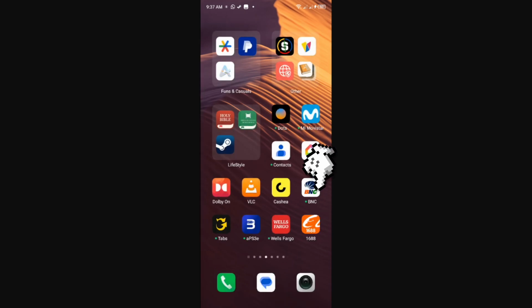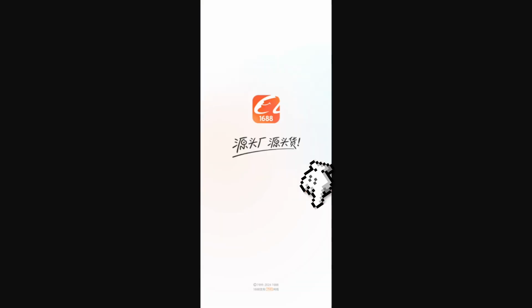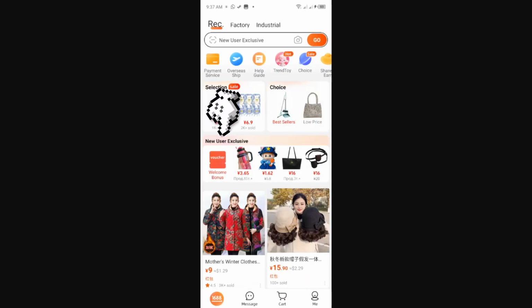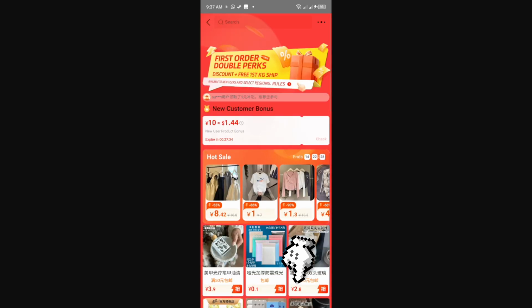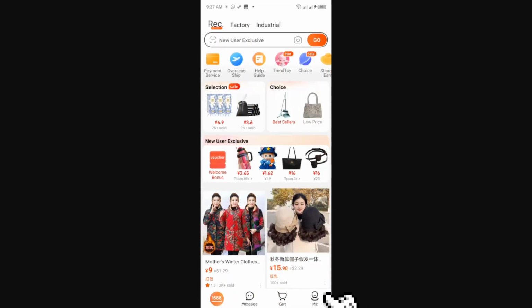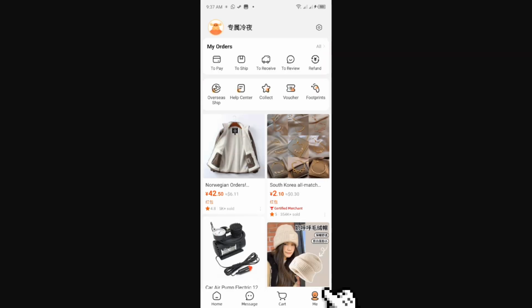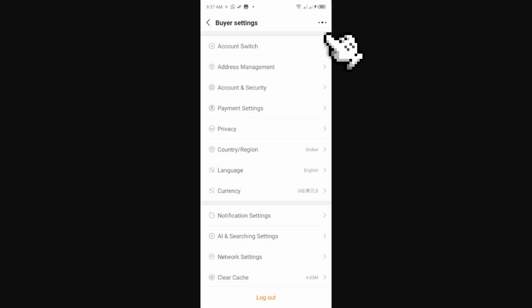once we do that, we're gonna click right here in the 1688 app, and then we're gonna click right here after this add. We're gonna click this button right here, and then we're gonna click this one right here, and here we're gonna click this